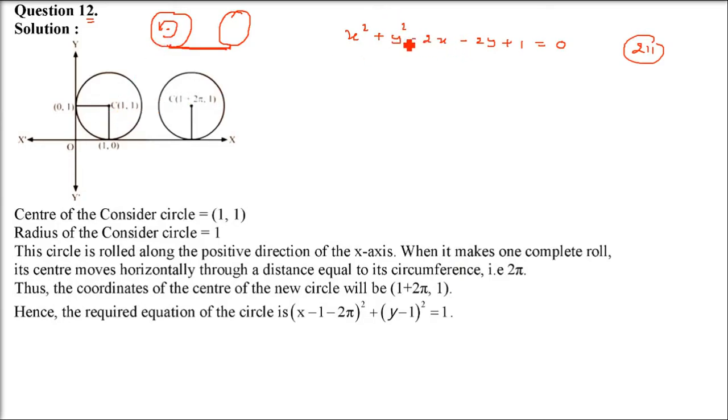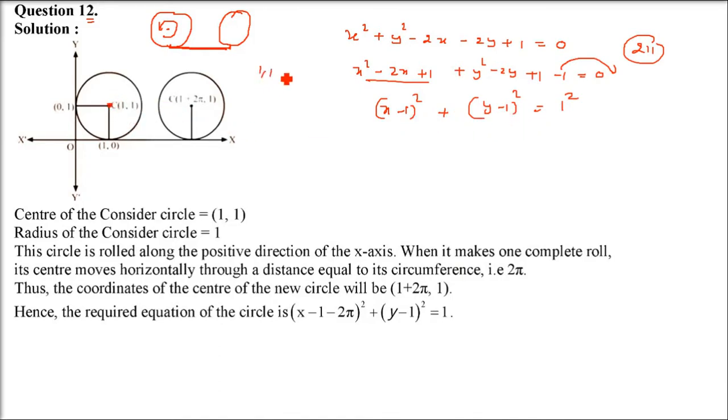So what we see here is this circle. Let me make this into the proper form which we know. So this is x squared minus 2x plus 1, y squared minus 2y plus 1, and I'm just subtracting 1 because I've added an extra 1 here. So this will be (x minus 1) whole squared, this y squared minus 2y plus 1 will be (y minus 1) whole squared, and this minus 1 can be taken to the right hand side. So this is the circle equation. Now the center is (1, 1).